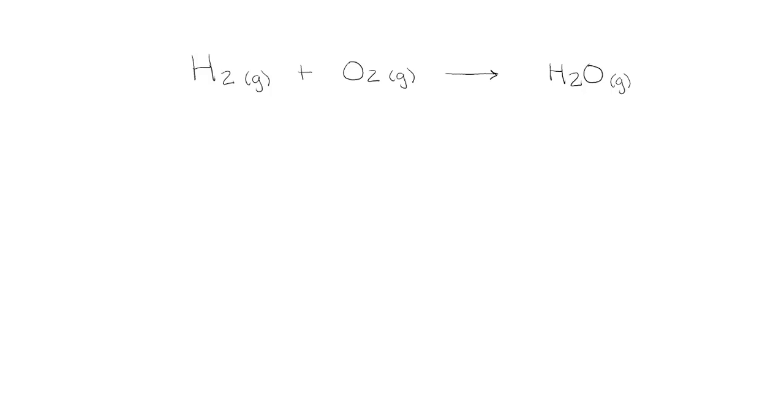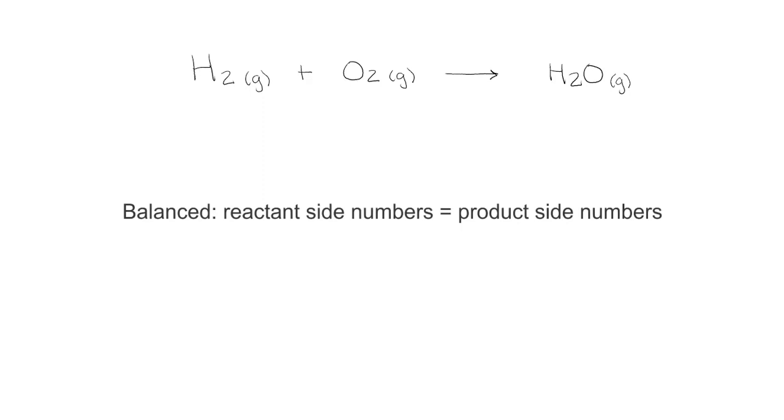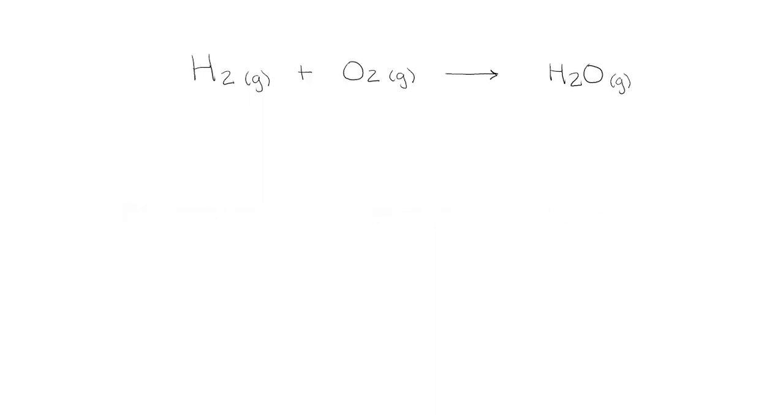A chemical equation represents a chemical reaction by showing all of the elements or compounds that combine and react, and all of the elements or compounds that are produced. On the left side of the arrow we have the reactants, and on the right side of the arrow we have the products. When we balance a chemical equation, we are setting out to make the number of each element on the reactant side equal to the number of each element on the product side.